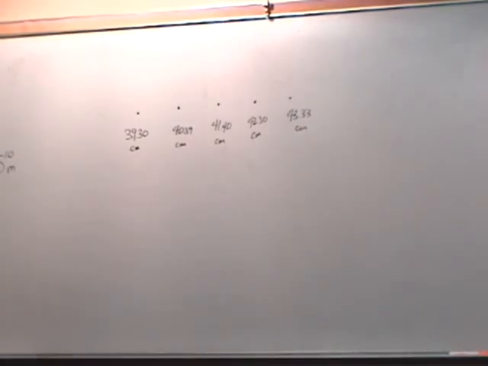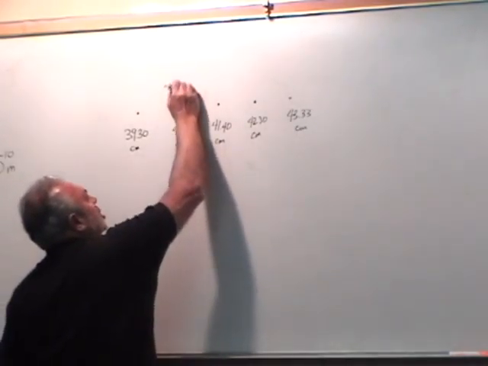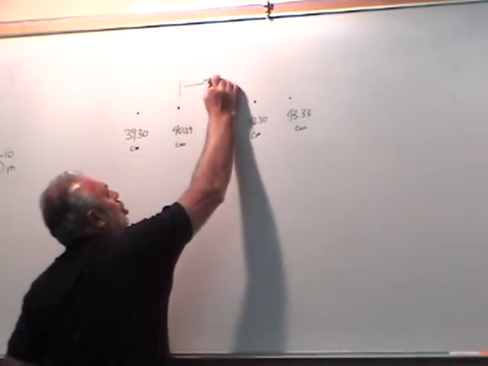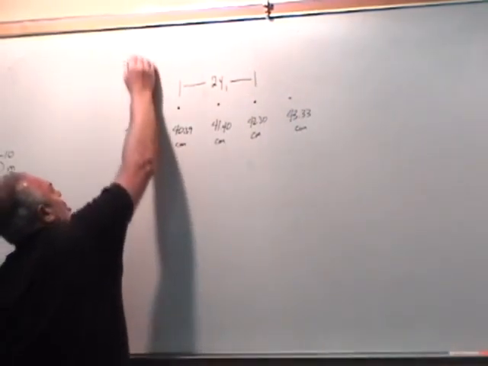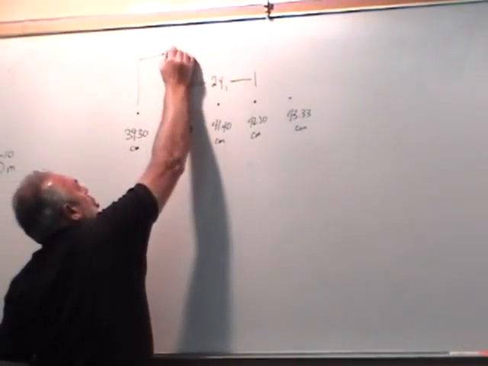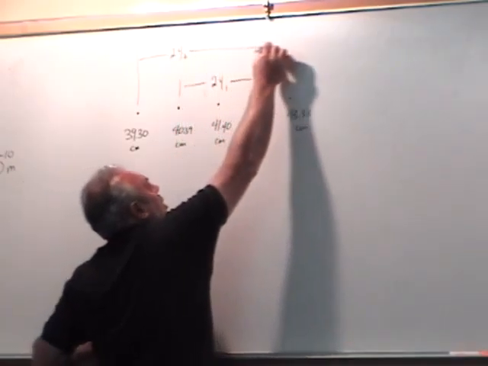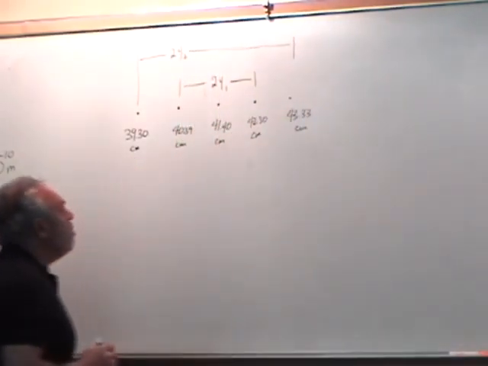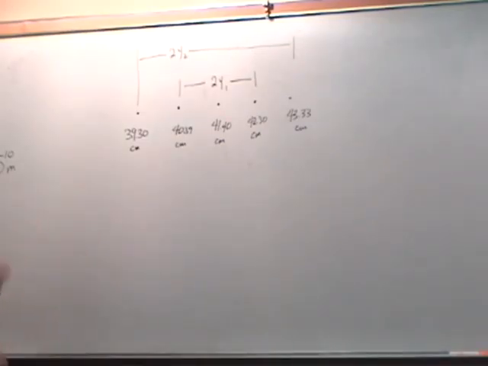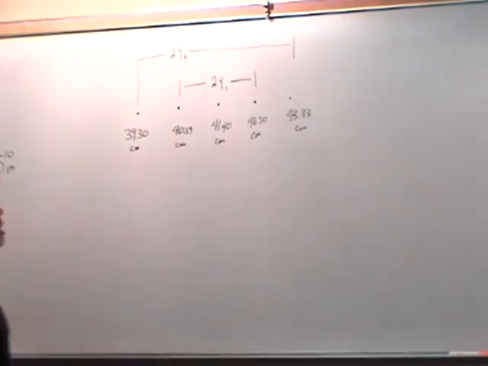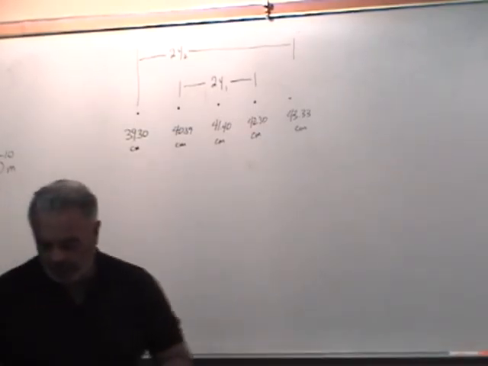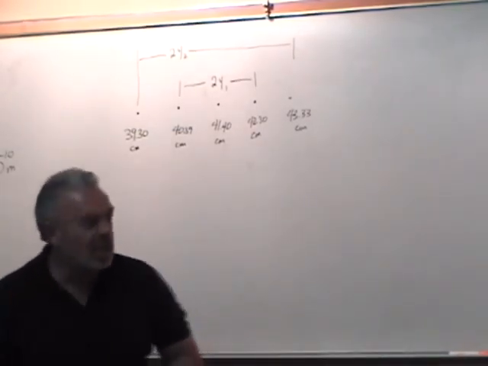But anyway, the distance from here to here is 2y1, and this distance is 2y2, meaning, of course, m equals 1 and m equals 2. So our formula, oh, and the last thing before I put the strategy down,